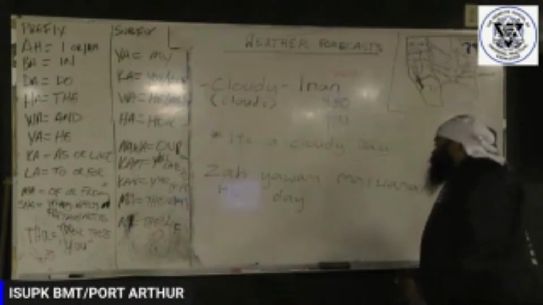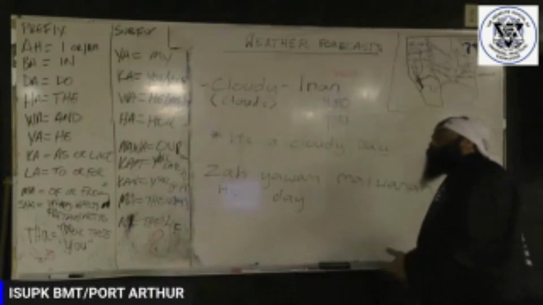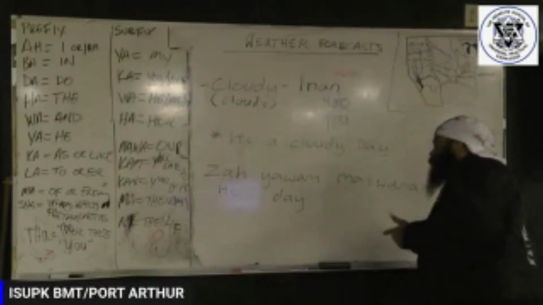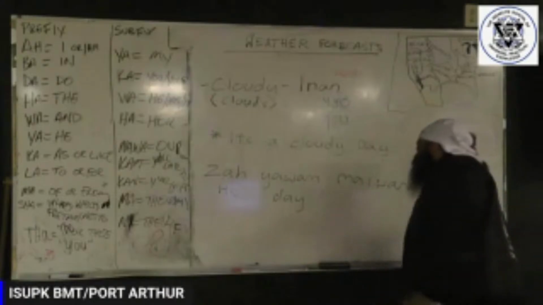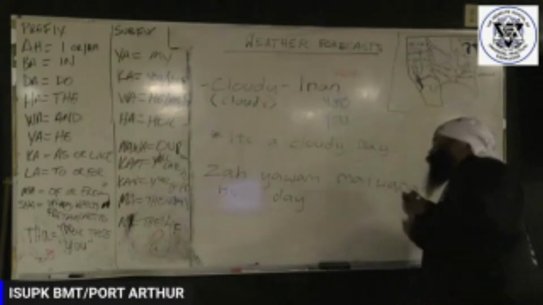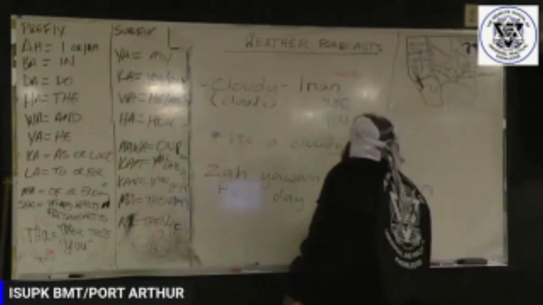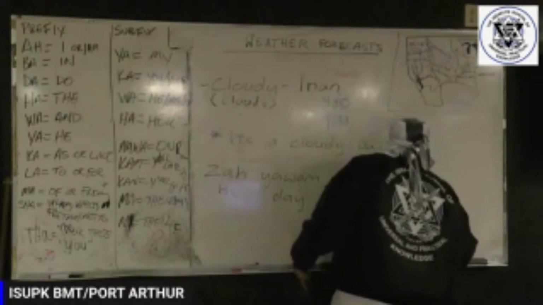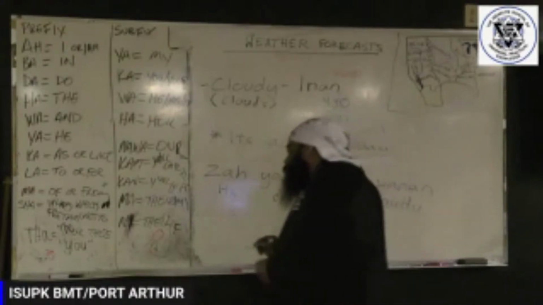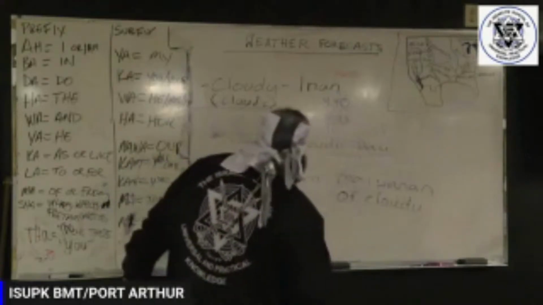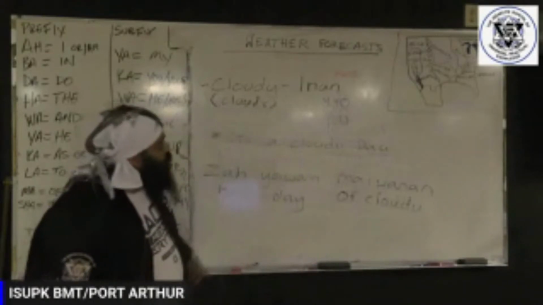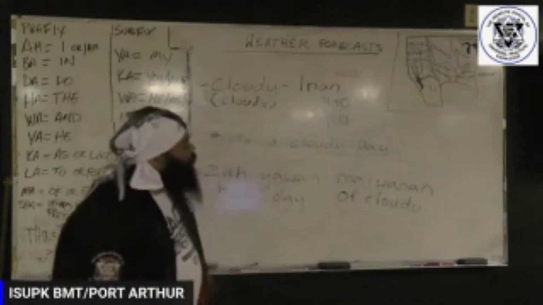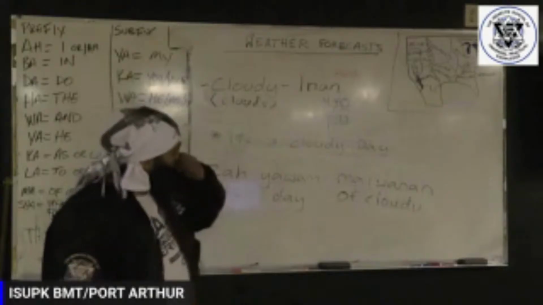So past, present, and future tense, the words are modified with sometimes letters or conjugations in between them, or before them, or at the end of them. So the conjugation in the middle of it means it's currently cloudy. So of cloudy. You got to remember, Hebrew is a direct language. We didn't use those fillers like it is currently cloudy today. We say it's day of cloudy. That means it's a cloudy day. That's how you say it's a cloudy day in Hebrew.